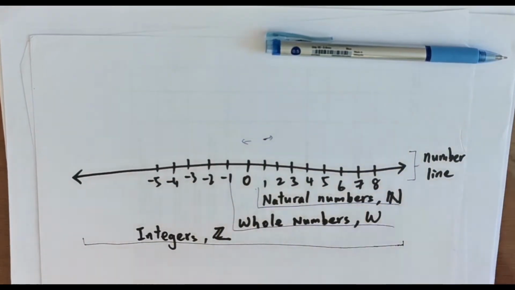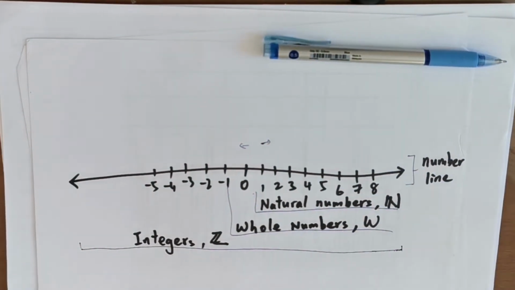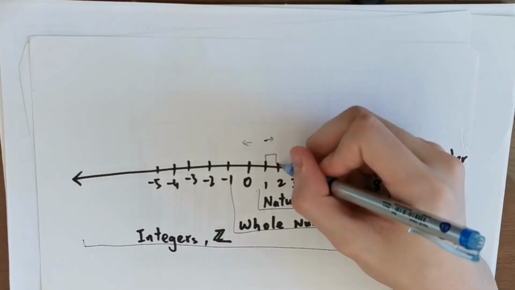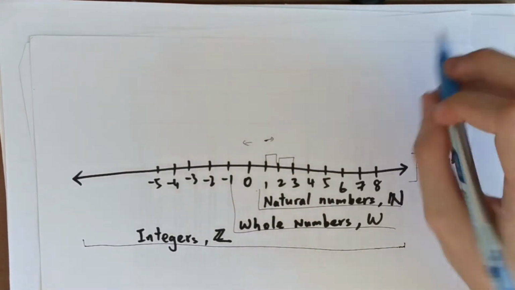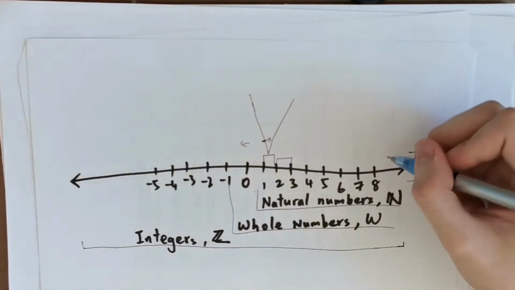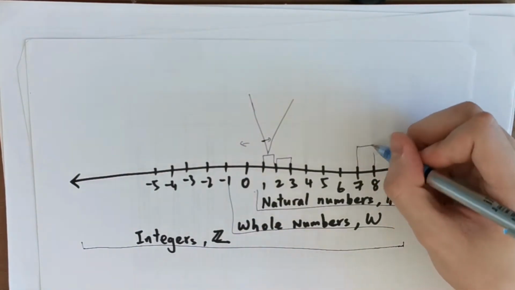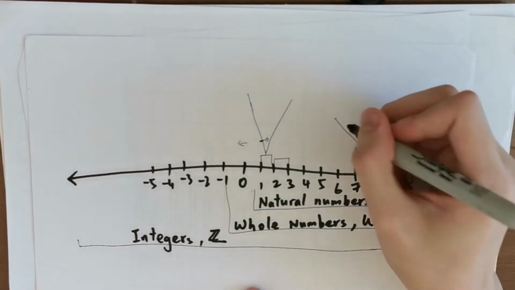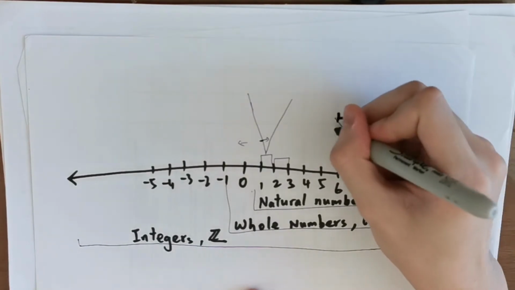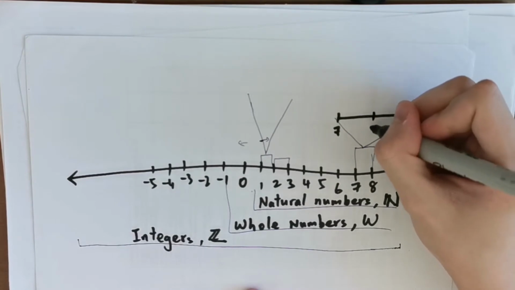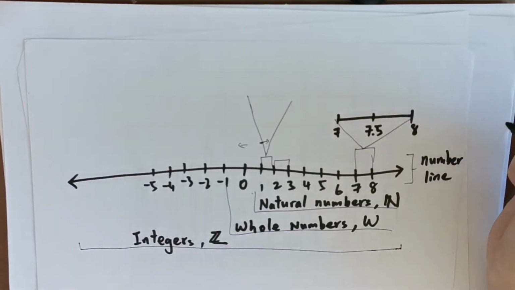Okay, so it feels like these are all the numbers, but that's not the case. There is this gap right here between each integer. So there's this gap between 1 and 2, and there's this gap between 7 and 8. If we amplify this line with 7 and 8 here, we can fit a 7.5 right here,